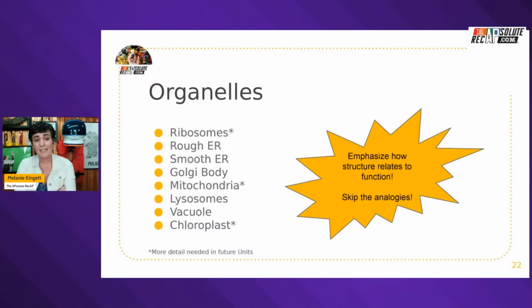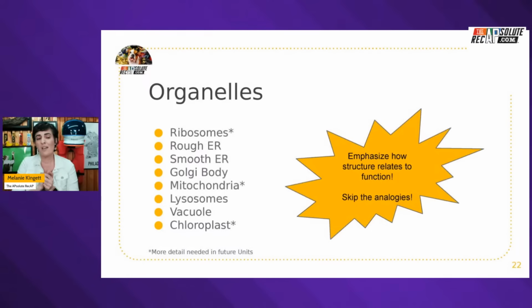As an AP grader, I see a lot of correct information that will not earn points when it comes to organelles. This is often due to students simply restating a function of an organelle or some sort of analogy of what the organelle does. Unfortunately, on the AP Bio, it's not going to be deep enough